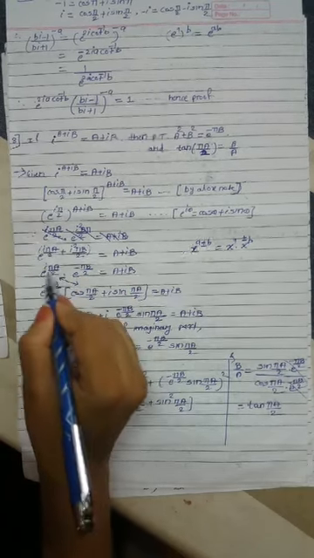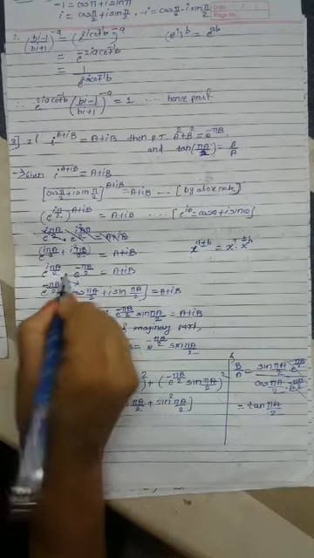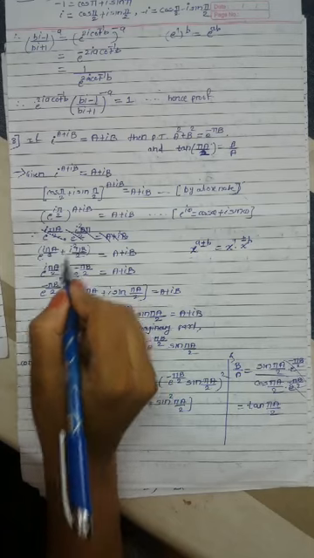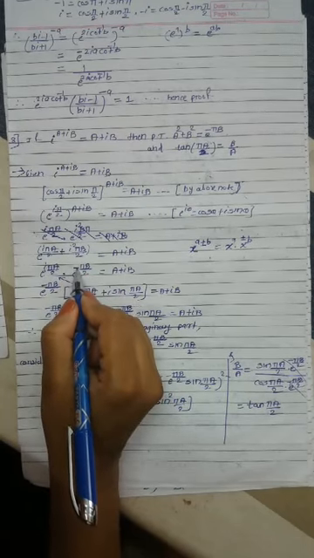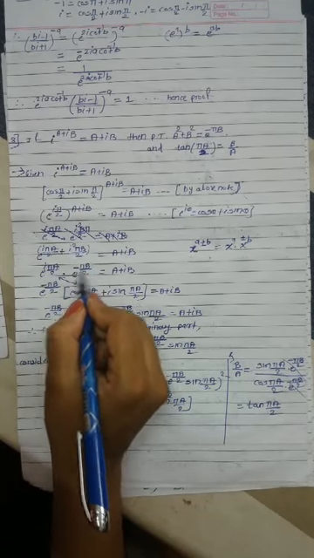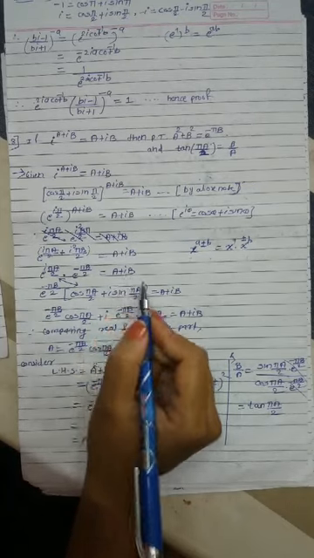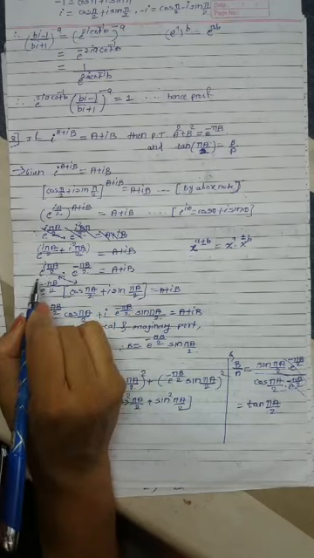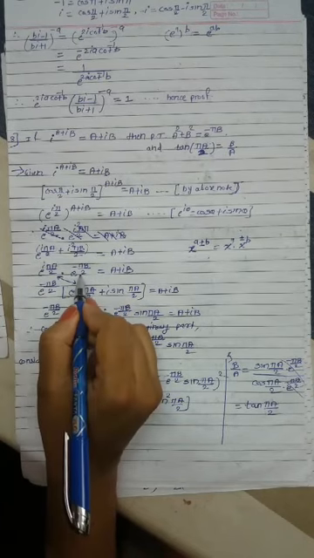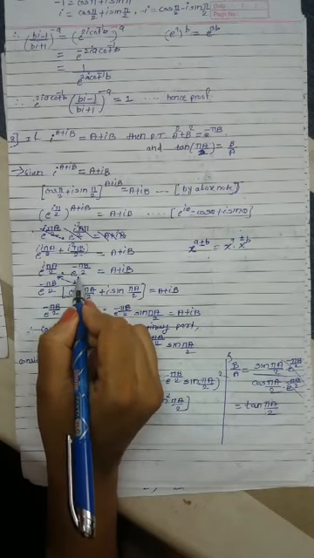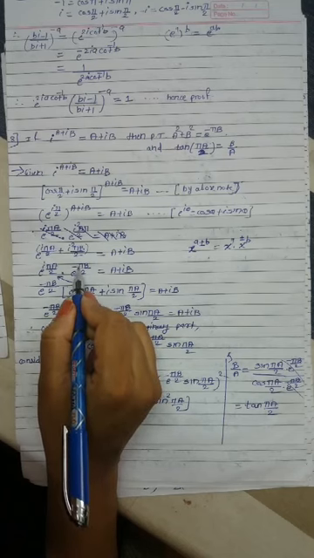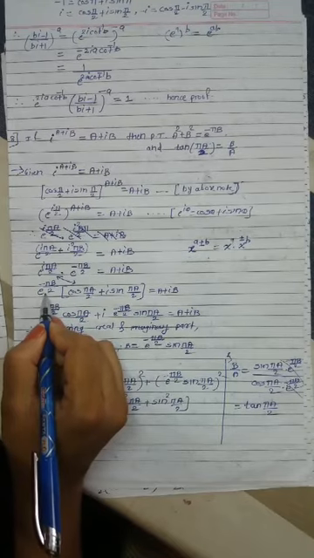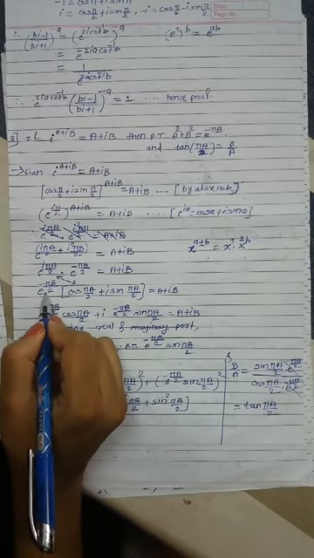Split this exponential, we get e raised to this term into, plus becomes into, e raised to this term, where i square we replace by minus 1 here. The RHS is as it is. Now which one is the complex number here? This term is a complex number because i is there, and this one doesn't contain any i. This is not a complex number term, that's why take it outside, put it as it is and take it outside.